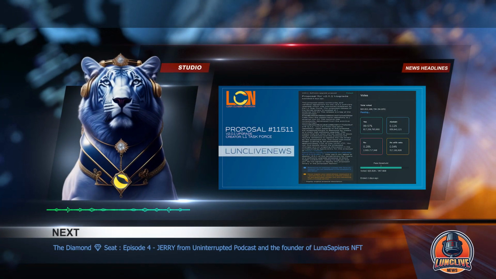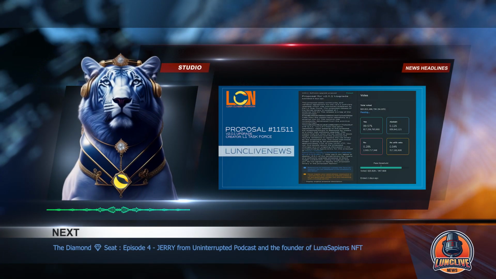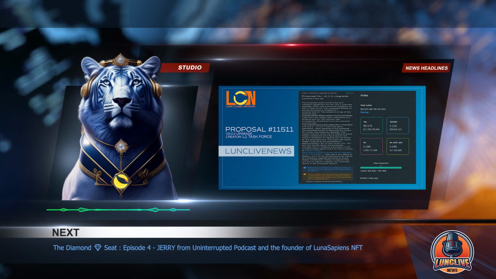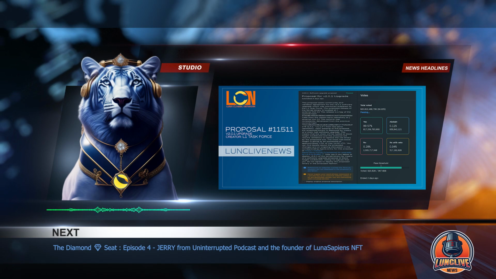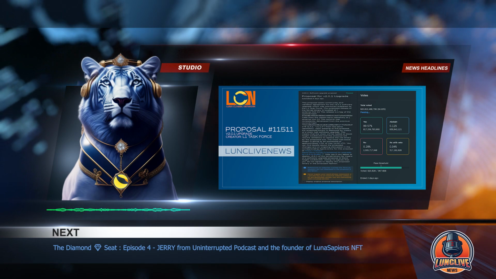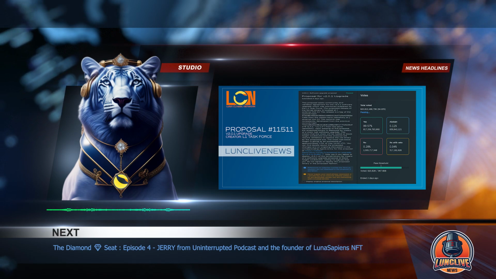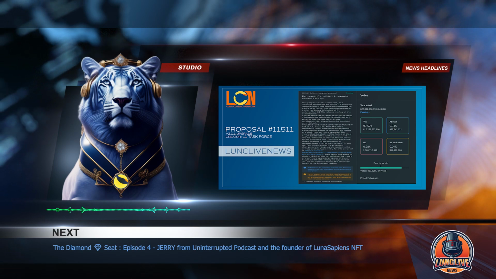Proposal 11511 for version 2.0.1 upgrade passed with an astonishing 99.57% voting in favor, and just this past Wednesday, software upgrade version 2.0.1 carried through. Congratulations to the L1 Task Force for taking us closer to parity and for carrying with ease the latest version